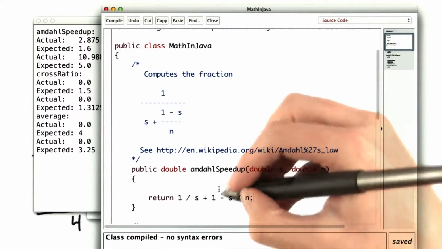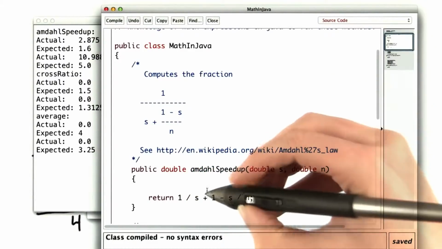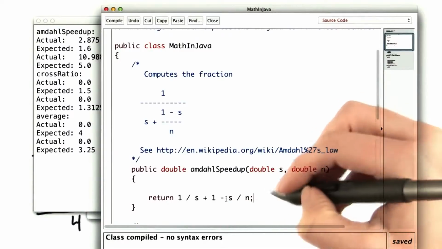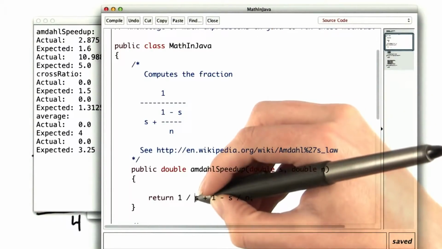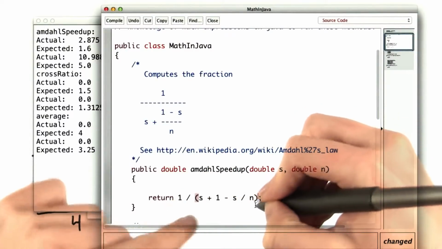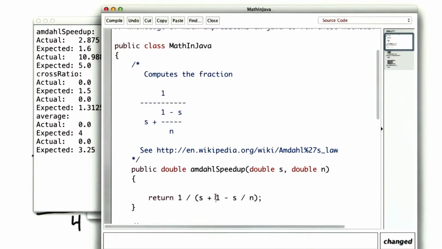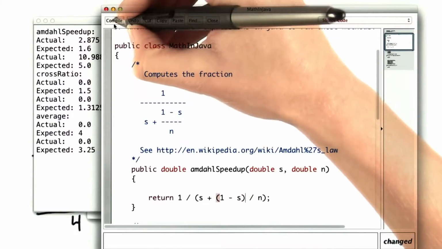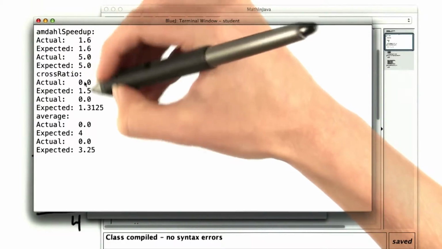Right now, this is doing the divisions first, so 1 over s and s over n, and then the additions and subtractions in the middle, and there's no real sense of the fraction that we started with. This whole piece, from s to n, should stay together in the denominator. And the 1 minus s needs to stay together in its numerator. Let's try this again. All right, looks like Amdahl speedup is working, but we still need to do the cross